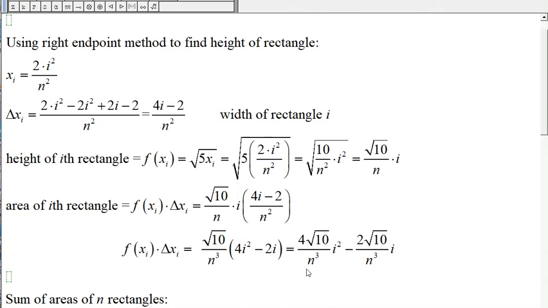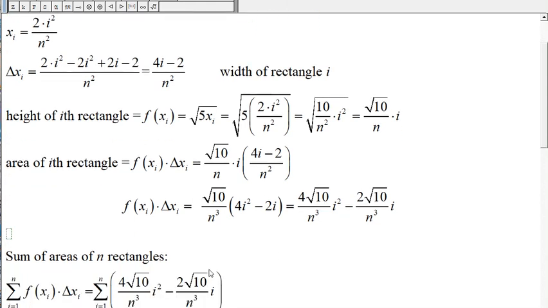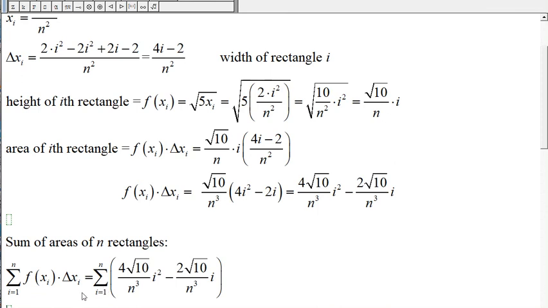And now we want the areas of n rectangles. So let's find the sum of areas of n rectangles. It would be the summation from 1 to n. So this is the sum of areas of n rectangles. In the example we have just done, n was 8, and so we would go from 1 to 8, and that will give us the sum of the areas of